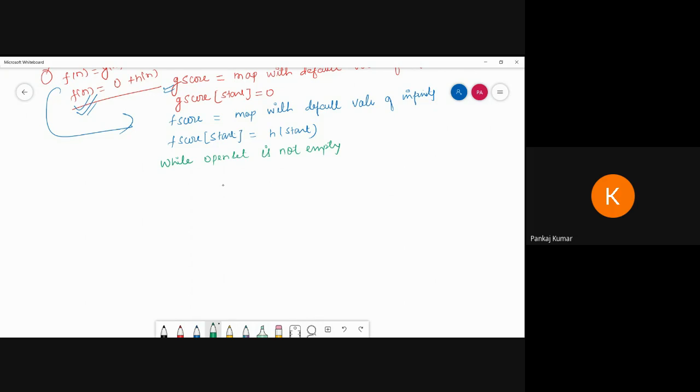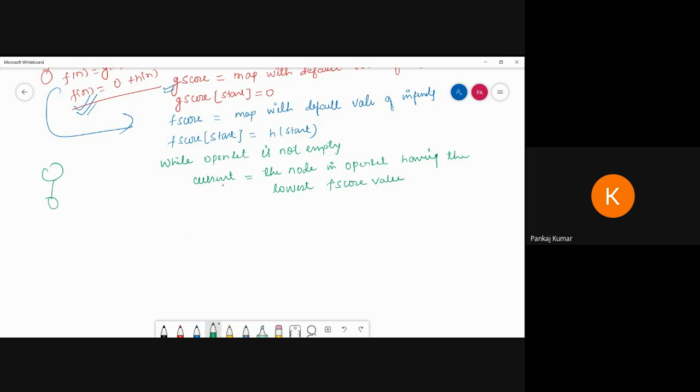So what do we have to do? current is equal to the node in the open set having the lowest F score value.